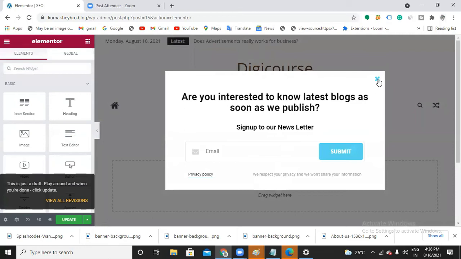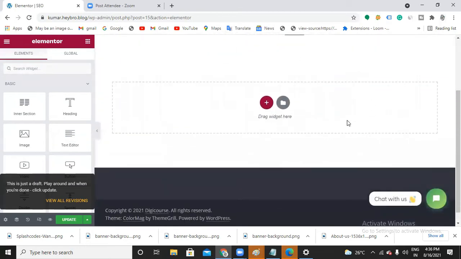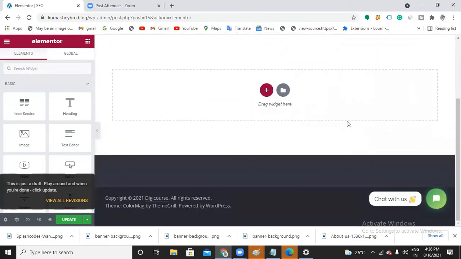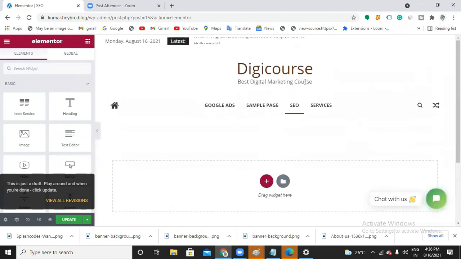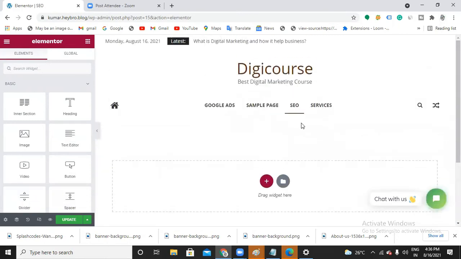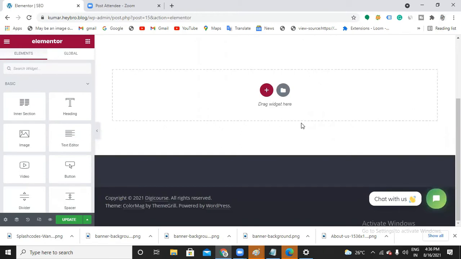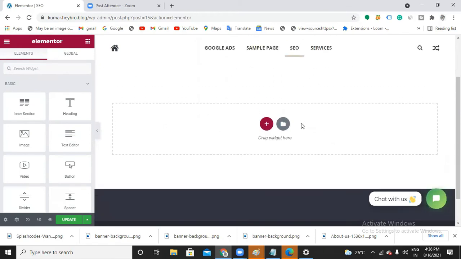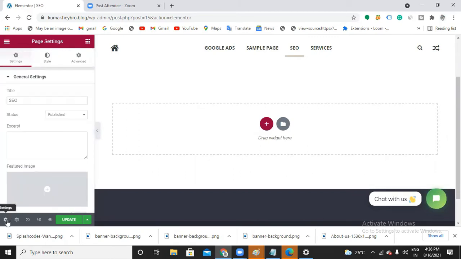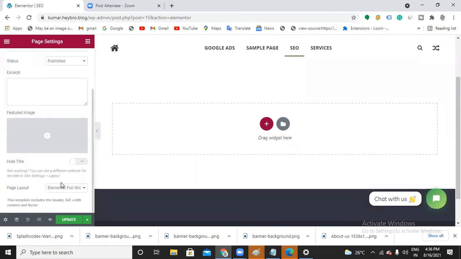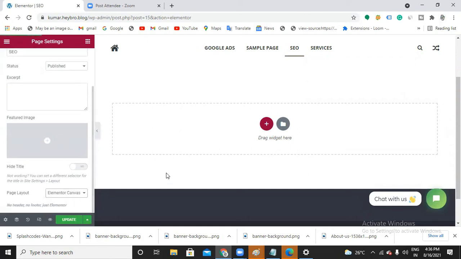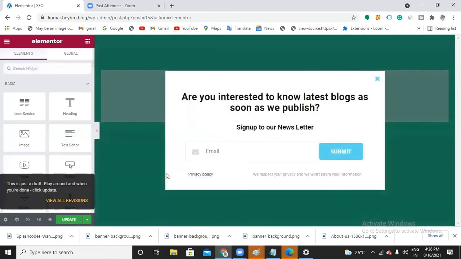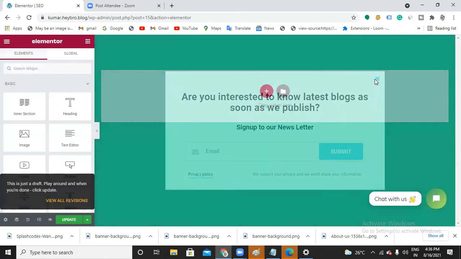See, tell me now what you have noticed. We have a footer and a header, but the sidebar has vanished. Got it. Very good. So the sidebar disappeared, right? So this is Elementor Full Width. Like this, you can choose the layout size. The always recommended layout would be Elementor Canvas. Why? Because it's a blank page, so that everything would be from scratch, right?